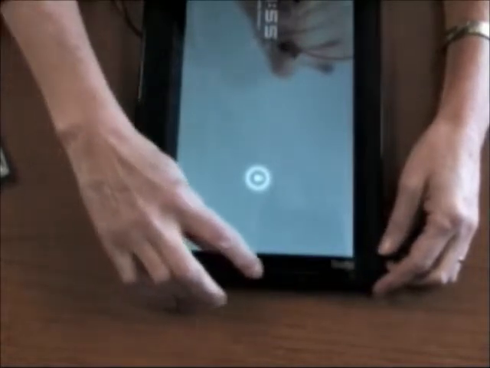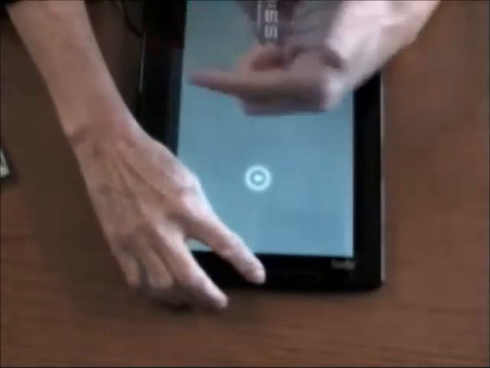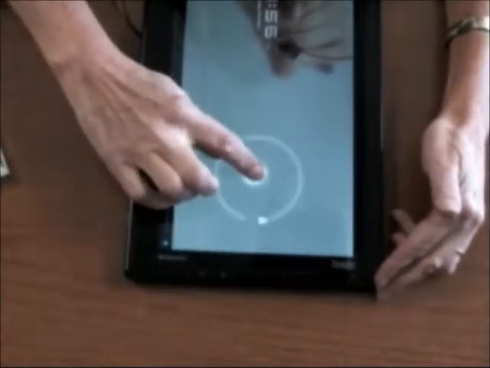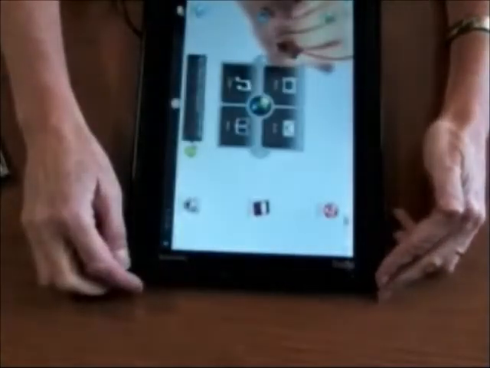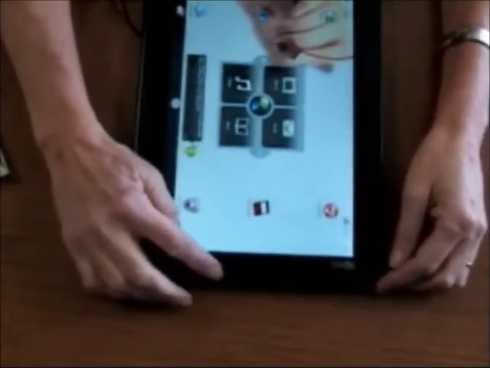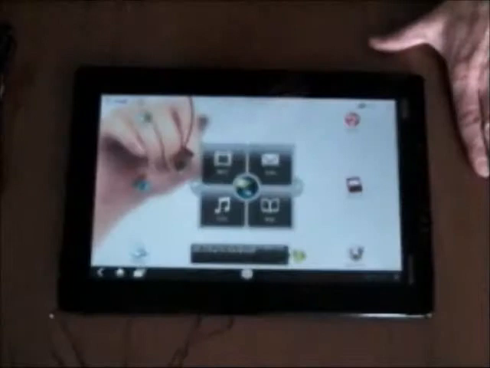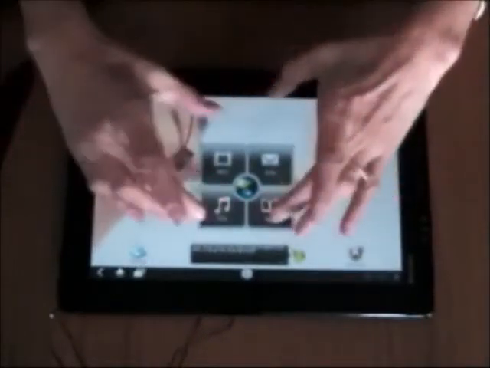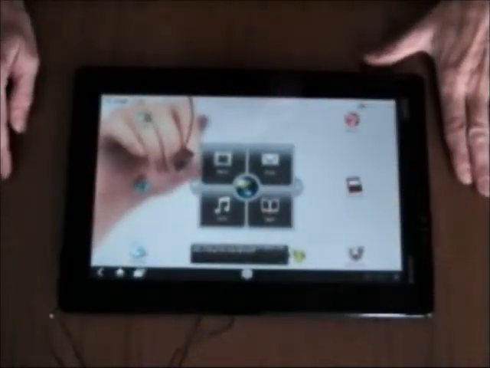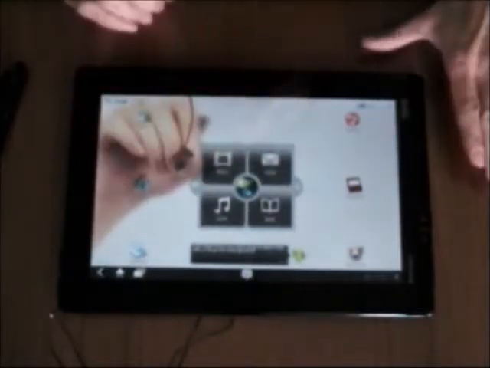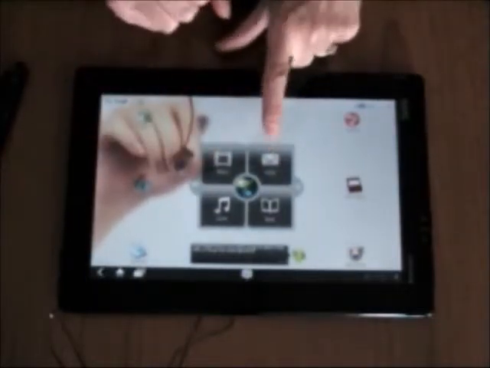to return you to the previous screen, and the other one is a home button that will take you to the home screen. When I unlock the device by dragging the lock to the edge of the circle, I am now located on the home screen. The home screen has an area in the center that's called the launch zone, and this is where you can customize and configure this, so you can set up your email, you can set